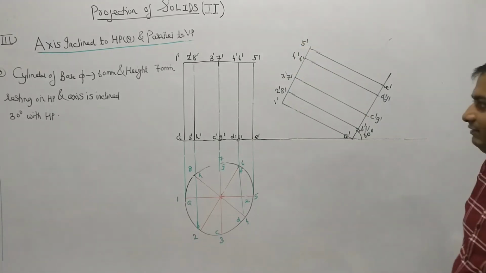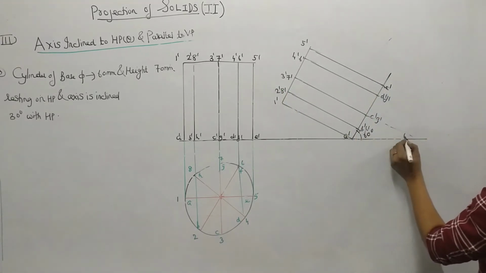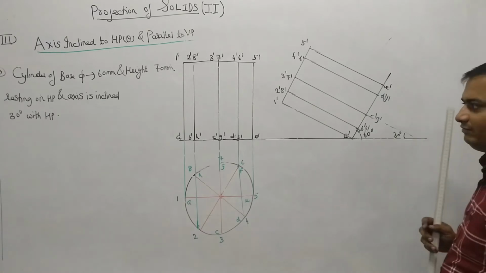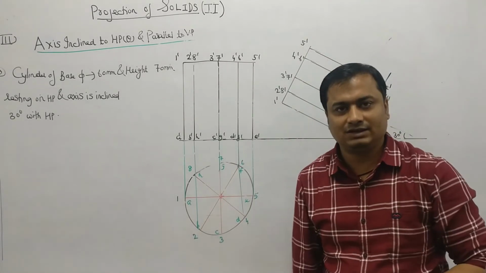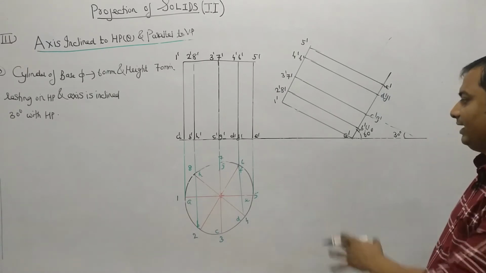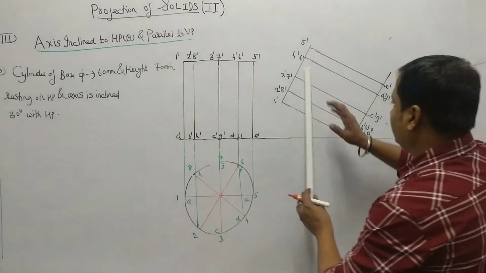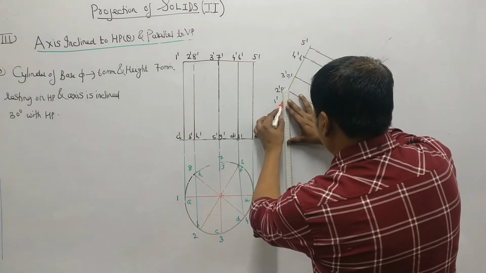So what we have done, we have now inclined, now this axis is inclined with 30 degree. So what we have done, we have made this rectangle inclined with the 30 degree such that this axis is also inclined with the 30 degree. Now final top view. How to get the final top view? That is projectors and the locus. Then drop the vertical projectors from each and every point.